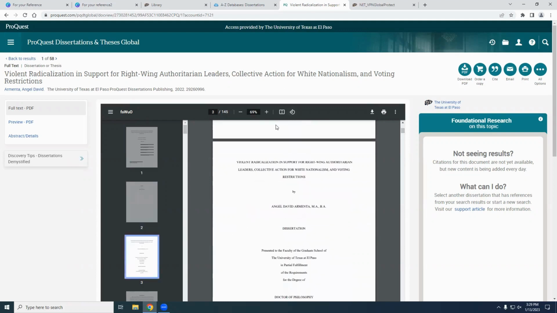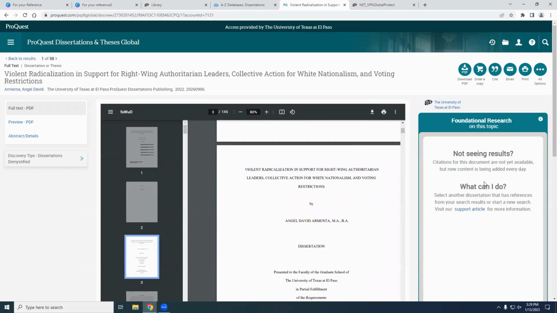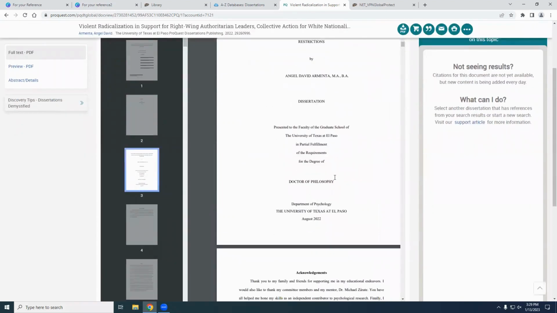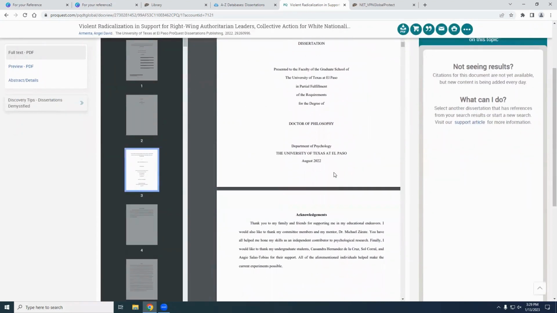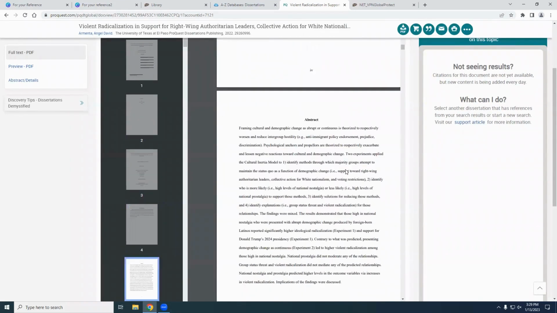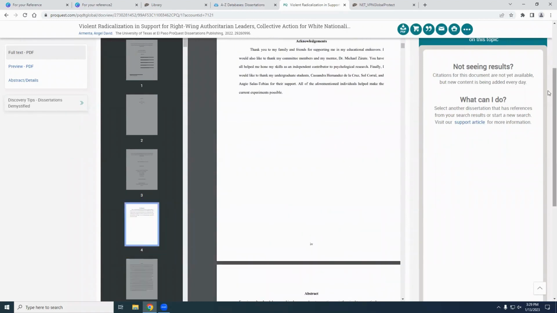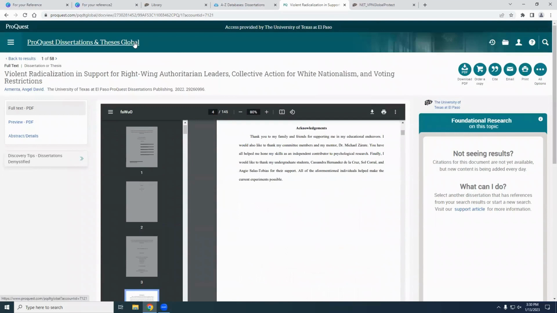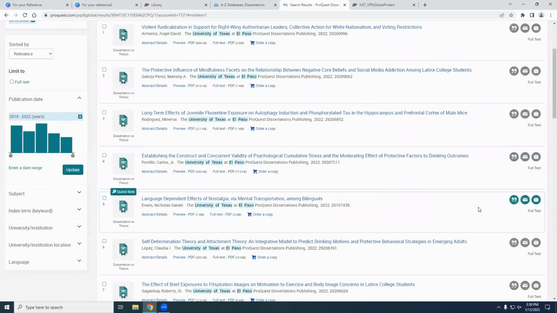And so what this can do, let me zoom in just a little bit. This is a fulfillment that's required. This is for a PhD, but you can start taking a look at examples that are relevant. What's cool about this one is this is a global database. So it's not just UTEP. You'll be able to find dissertations from Columbia, Harvard, UT Austin. So really big name schools, really small schools.